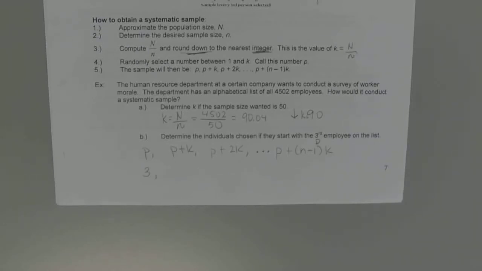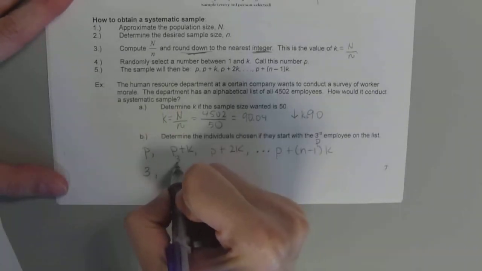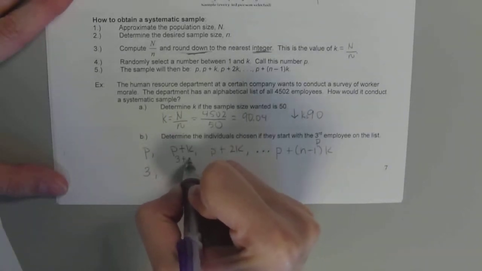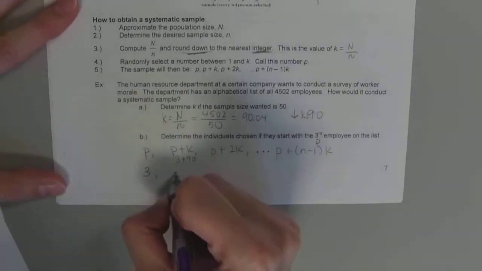If you're jumping by 90, you started with person 3, your next person is going to be 93, and your next person will be 183, and your next person will be 273, right? But some people can't do that in their head, and so we can just follow this formula, right? I'm going to just put it up here small. The third person is who we started with, and we determined our K was 90. So to figure out person 2, we just have to take P plus K, 3 plus 90, or